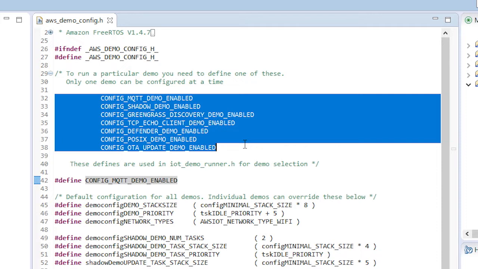Only one demo can be enabled at a time, but no one will stop you if you want to combine